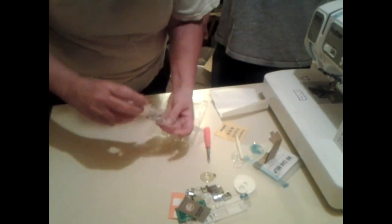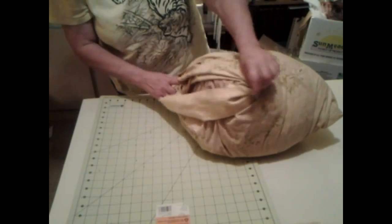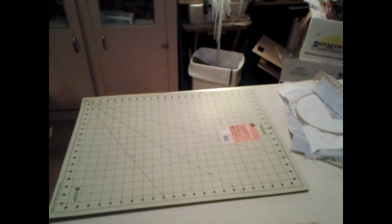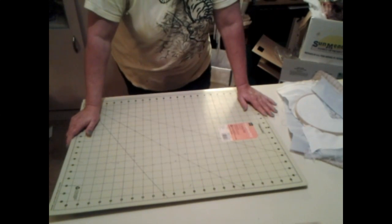So let's get started. Let's make this feathered pillow from this right here to this right here. Well, hello. We are going to work on fixing a